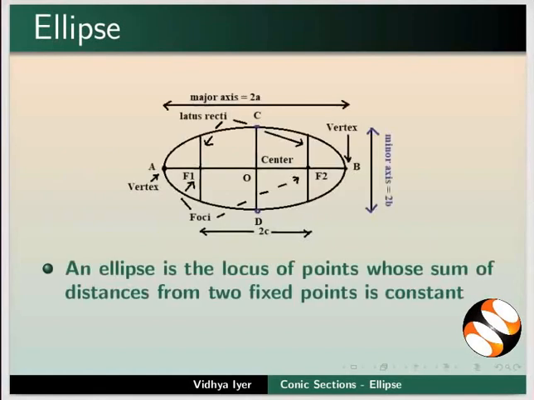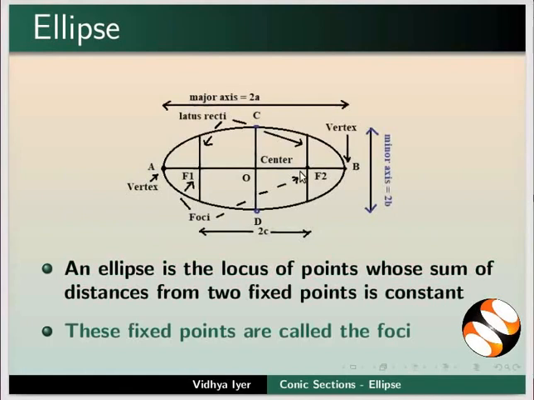Ellipse. An ellipse is the locus of points whose sum of distances from two fixed points is constant. These fixed points are called the foci. Observe the center O, foci F1